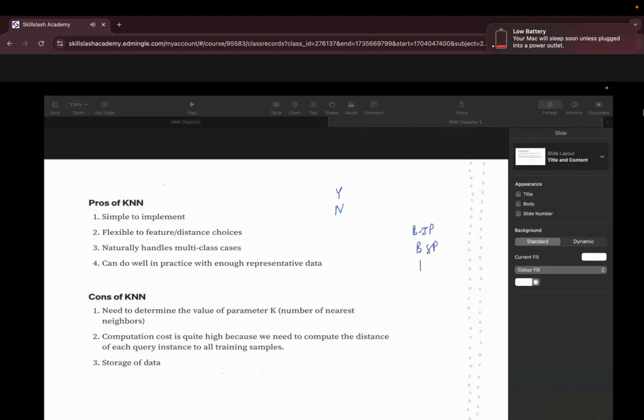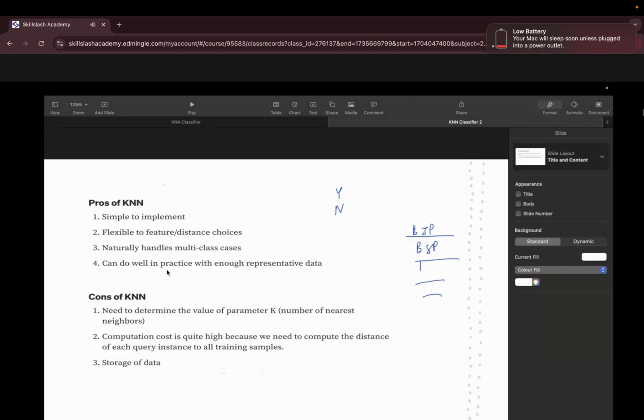INDIA, Congress. So what is happening here? We are having multiple classes. Consider the classes as the breeds of dog. Okay, there are different breeds of dog: German Shepherd, and then Pomeranian, and then Labrador, and then whatever it is. Okay, Siberian Husky, all of them. These are the different classes. So it is telling you that it is not necessary that you are going to deal with only two class. Even if your data is multi-class in nature, still it is going to give you the good answer. It is going to naturally handle them.